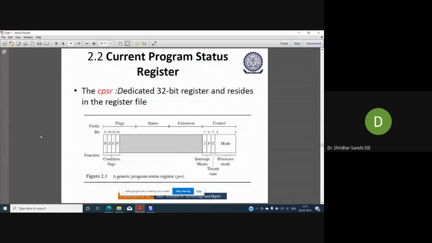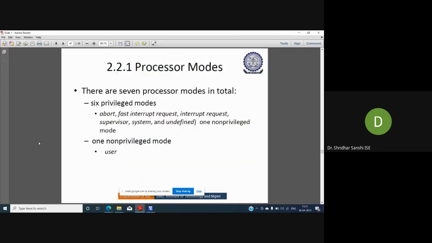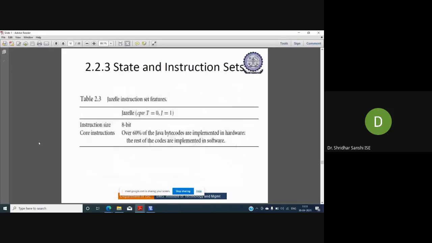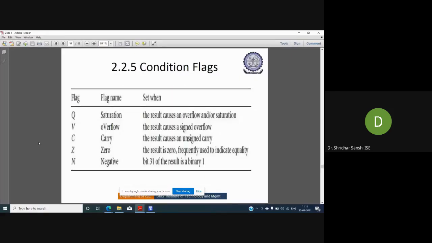So this value will be updated whenever we do some arithmetic ALU operations. I have explained what these are. Q is with respect to the DSP instruction set. It tells you whether the value has reached its saturation point or it is an overflow.